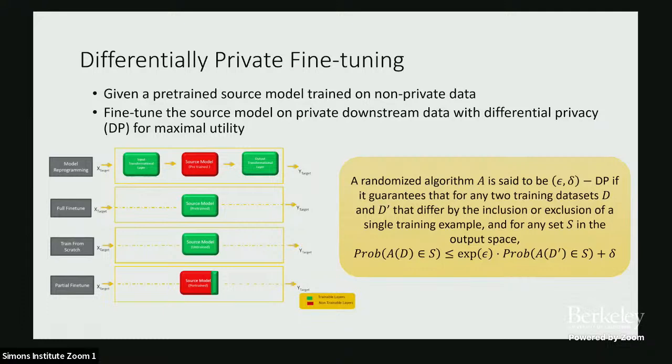And we can compare different approaches. We can use model reprogramming to do so, by introducing again the input and output trainable layers, or we can do full fine-tuning, which means you need to fine-tune every pre-trained model weight. We can also do partial fine-tuning, where you only fine-tune the last few layers of a pre-trained model. Those are valid baselines, and of course we should also compare to training from scratch, not using pre-trained weights at all. And the notion of DP we are following is a very standard epsilon-delta DP. I guess you are tired of it, so I will skip the definition.